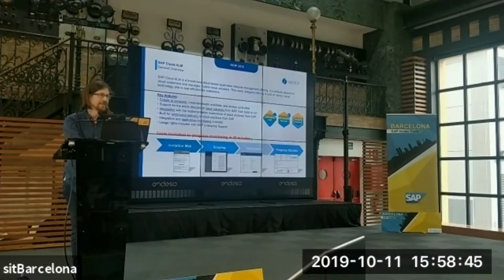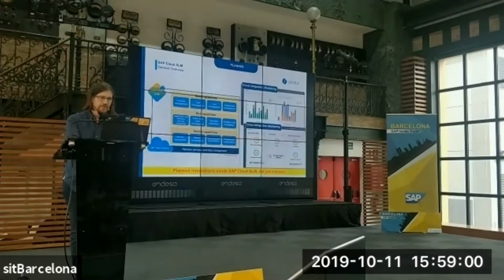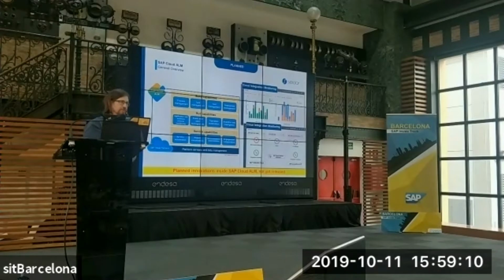The reality is that the SAP people involved in the old on-prem solution are now all moving to the cloud. Now we only have that project management tool, and in the future we will have more features. The future features will be all that we have in the on-prem release: incident management, technical monitoring, business process monitoring, custom code analysis, test management, the test suite. All those features will be moved to the cloud little by little, step by step.